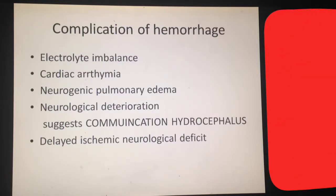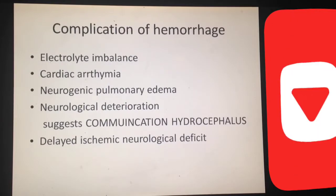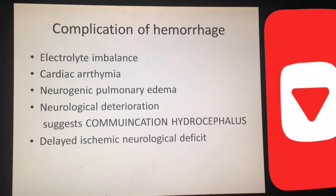The complications of untreated hemorrhage can be electrolyte imbalance, cardiac arrhythmia, neurogenic pulmonary edema, neurological deterioration that suggests communicating hydrocephalus, and delayed ischemic neurological